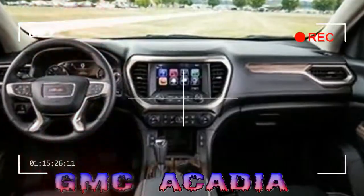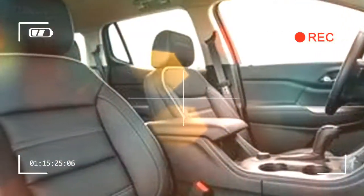While the Acadia performed well on our test track and its powertrain feels responsive on the open road, its fuel economy numbers are simply adequate, and the V6 engine's power